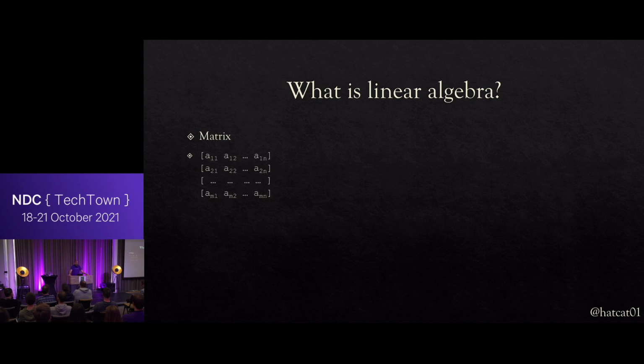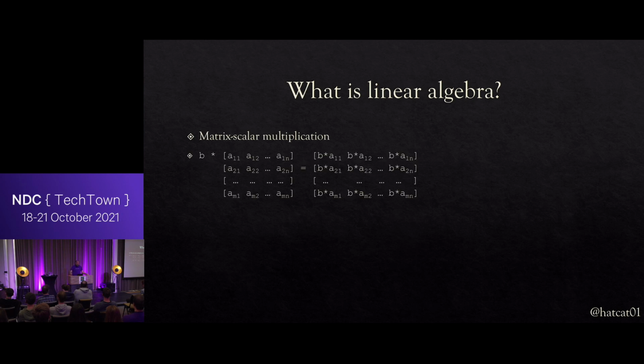So a matrix is an m by n rectangular array of scalar elements. And that word array is troublesome, obviously, and it's not the last time that we'll have issues with glossary and repetition of words with slightly different definitions. And just as with the real number field, there are operations that you can carry out on matrices that match the scalar operations. So you can perform matrix scalar multiplication. This involves multiplying each element by the same scalar value, like that.